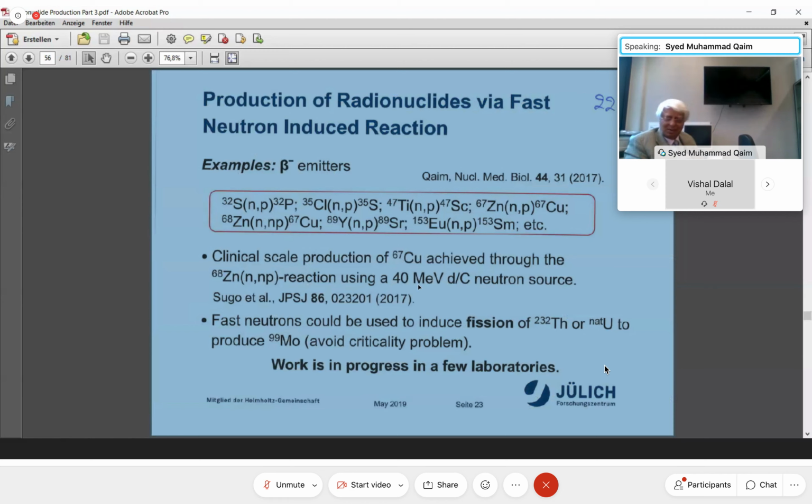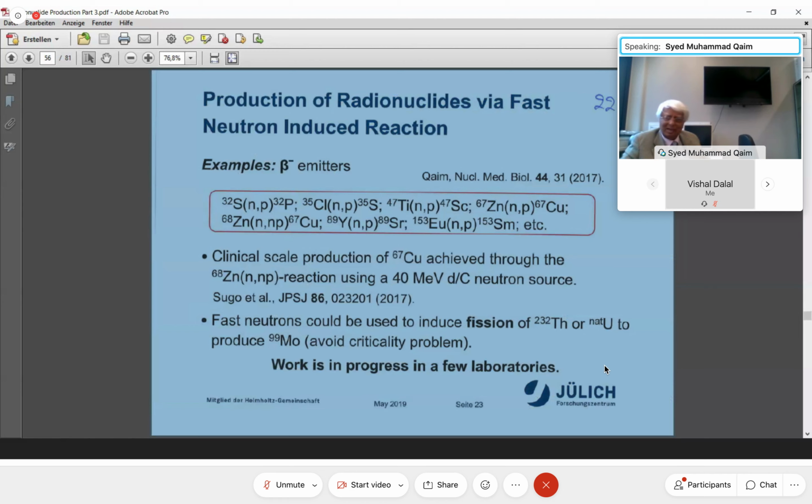So I think maybe today's lecture is full of new ideas, new concepts. I would say read the notes carefully, discuss with them. If you have not understood anything, you can write to me by email. But I hope I will have a chance to discuss with you personally also in January. But the point to make here is that radionuclide development science is a thriving and dynamic science. A lot of research is going on.